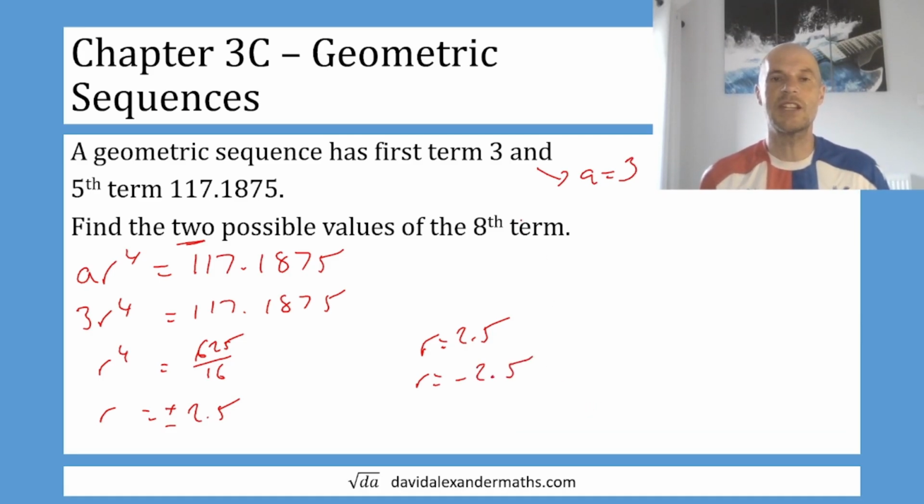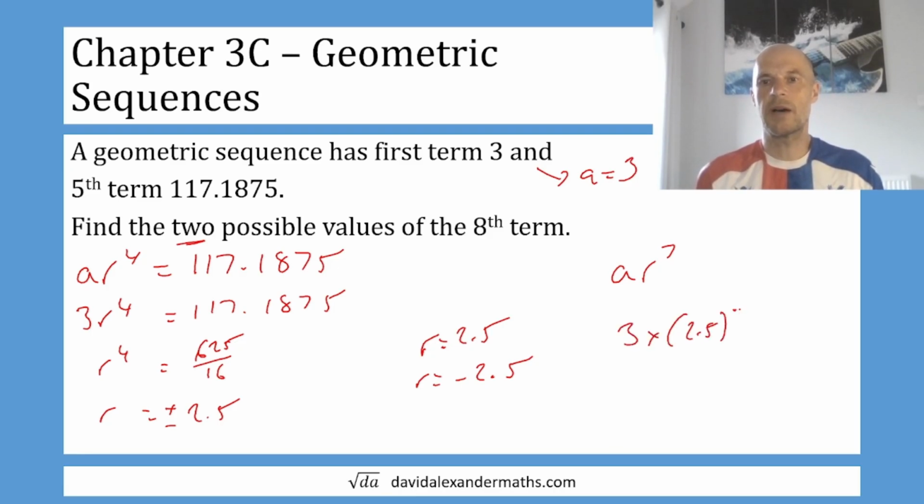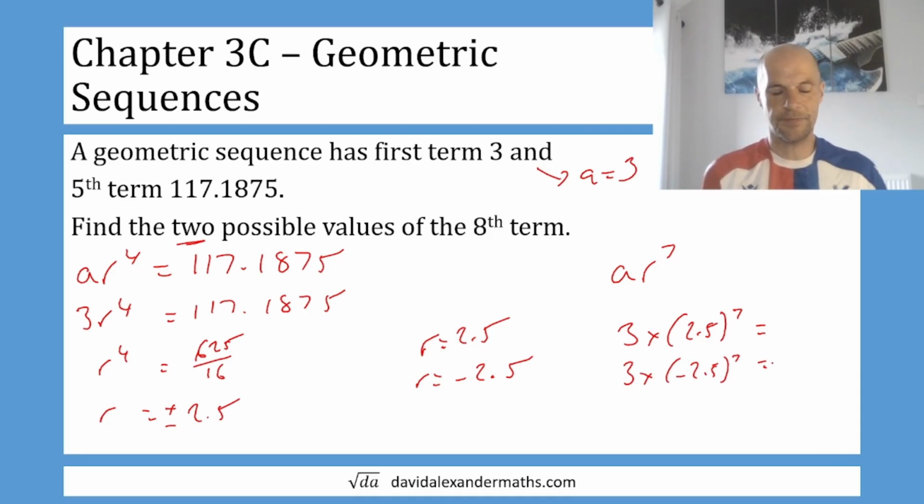So we need to work out the eighth term. Now the eighth term is AR to the power of 7. So that is going to be A, which is 3, multiplied by 2.5 to the power of 7, or also 3 times negative 2.5 to the power of 7. Well, what is 3 times 2.5 to the power of 7? That is a fairly horrible number. I'm just going to round it a little bit. 1831.1 to one decimal place, and 3 times negative 2.5 to the power of 7 is of course the same thing, it's just negative, so minus